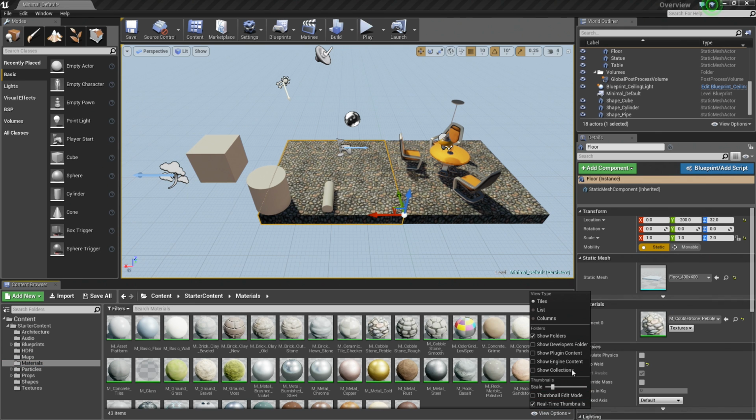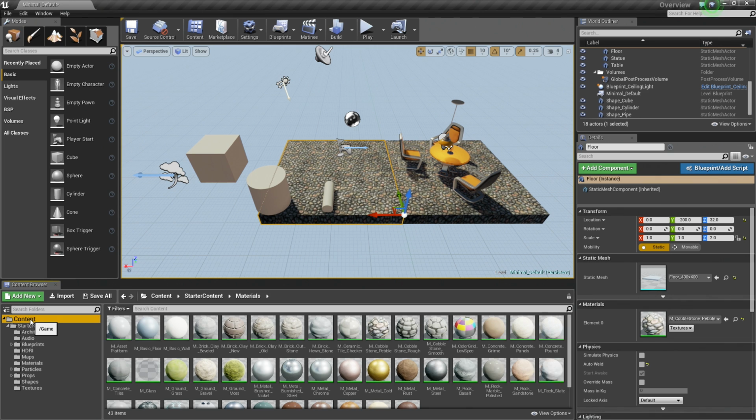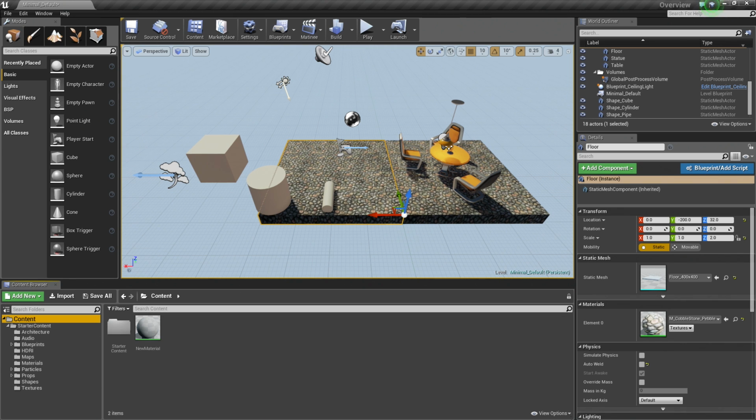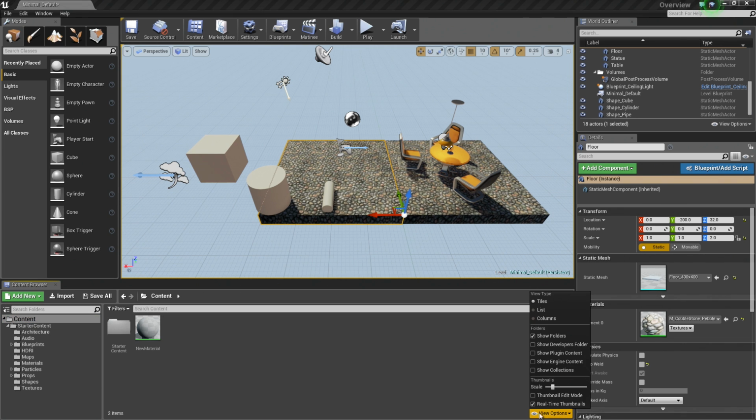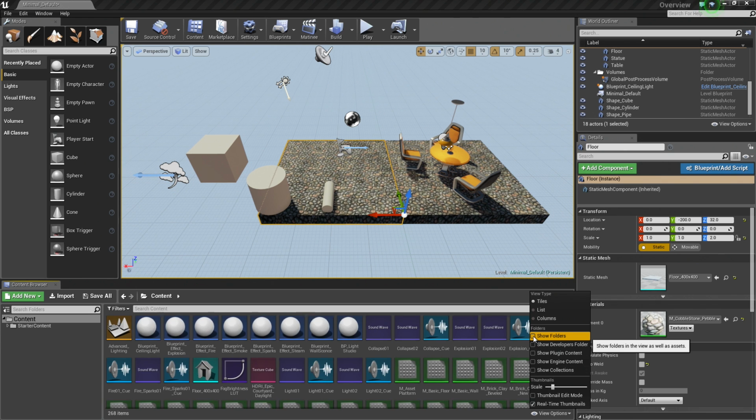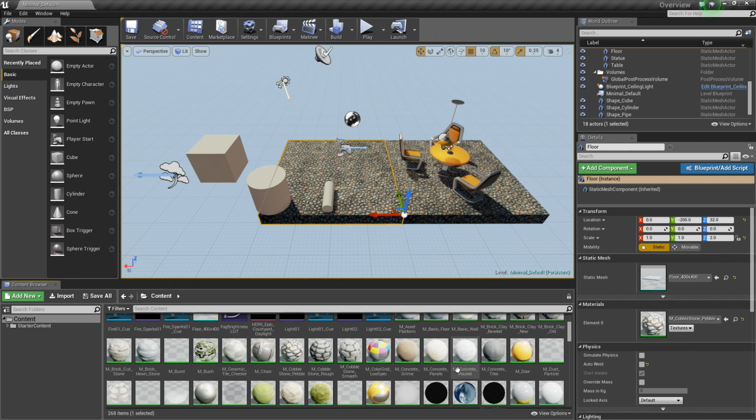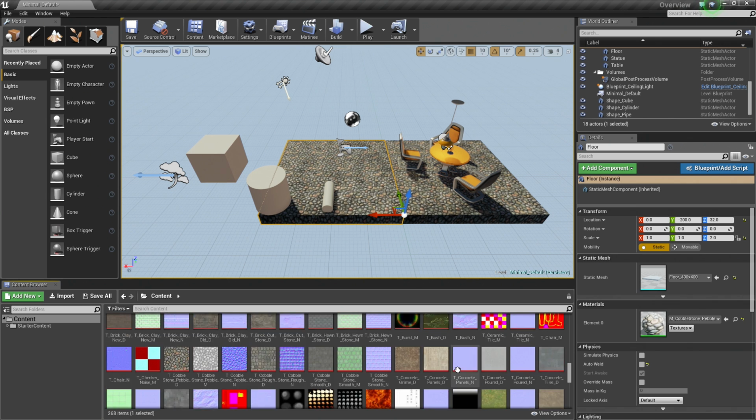You can also see that we have some options for folders. So let's jump all the way back out to the main folder here, the root folder, and click the view options again. Currently we are set to show folders. However, if we uncheck this, you can see we're just presented with all the assets that we have in our